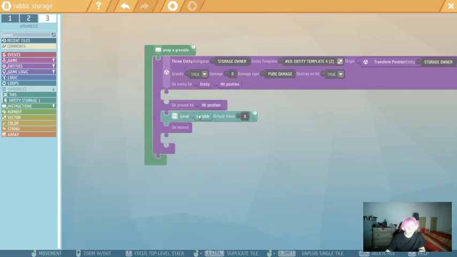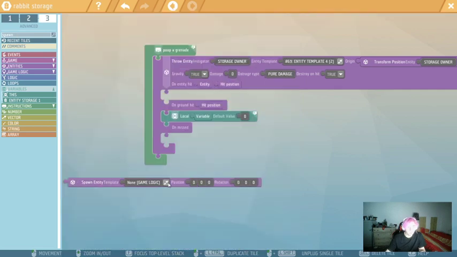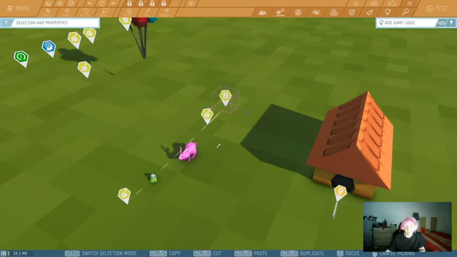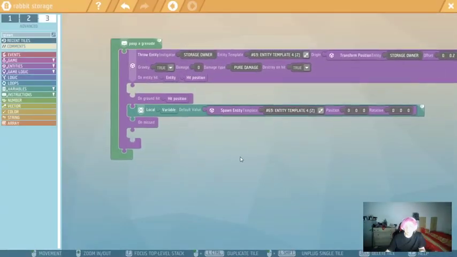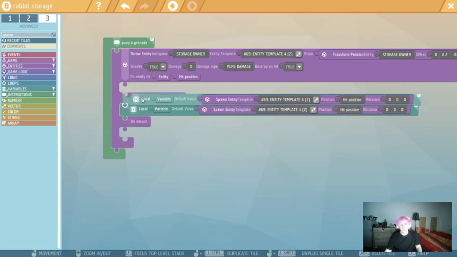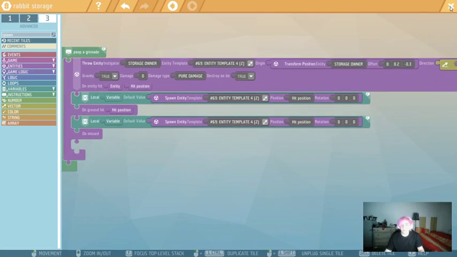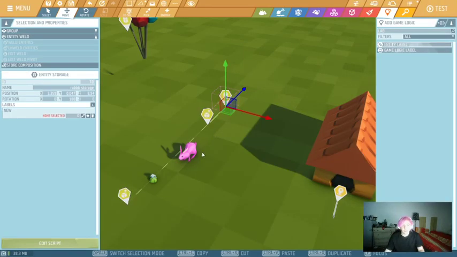So on ground hit, there's going to be spawn entity. Go spawn the same grenade, and position is going to be the hit position. And the same thing is going to be here with this hit position. Okay, let's just leave it like this. And